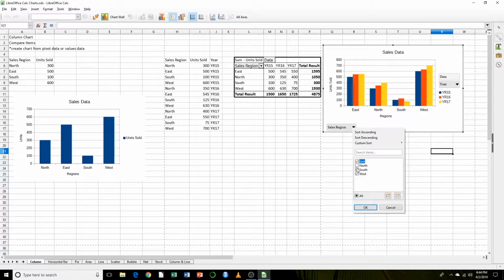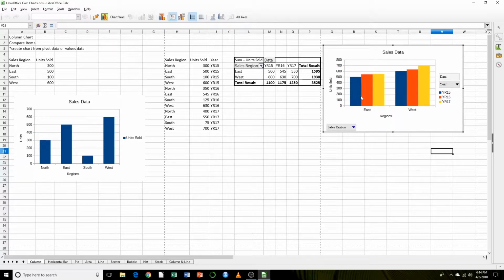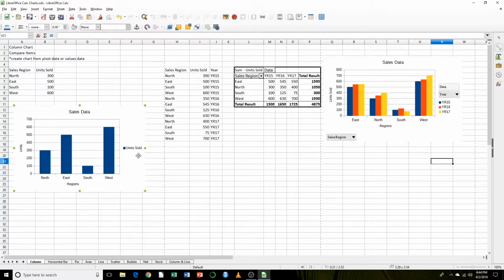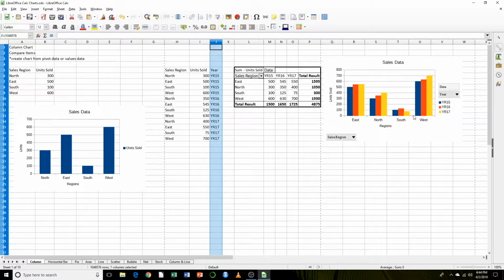Let's unclick north and south, click OK, and we have our east and west comparison. Okay, so this chart is very similar to this chart. However, we added the time element here. So you can clearly see which region has the most sales, and you can see the trend of those units